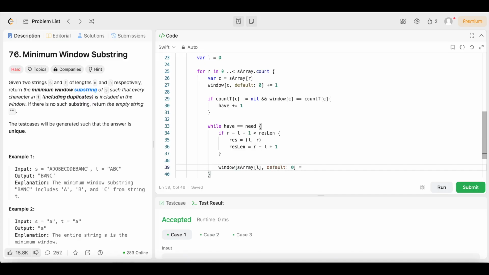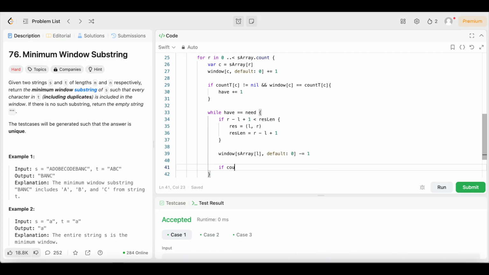This time we're going to say minus equals 1. Boom. Now if the character was required and its count drops below the required, then we need to decrement half, so we're going to come underneath this, and